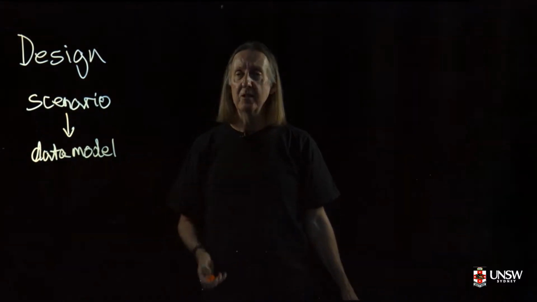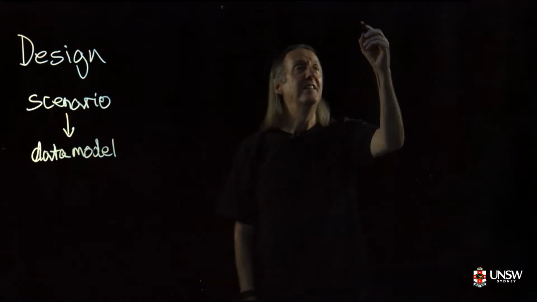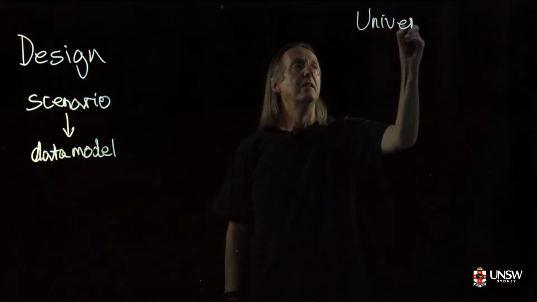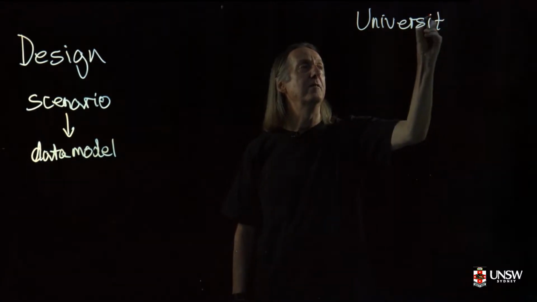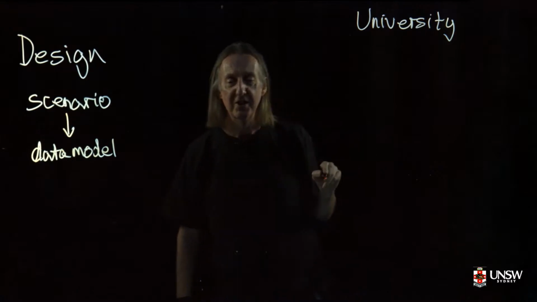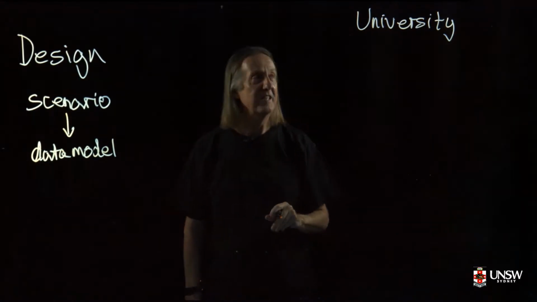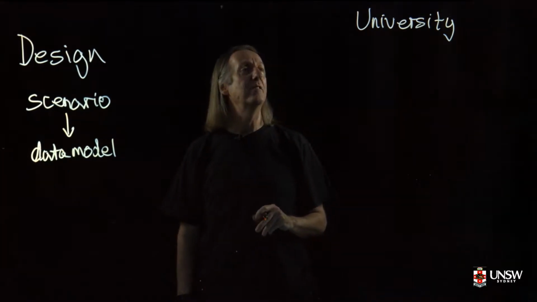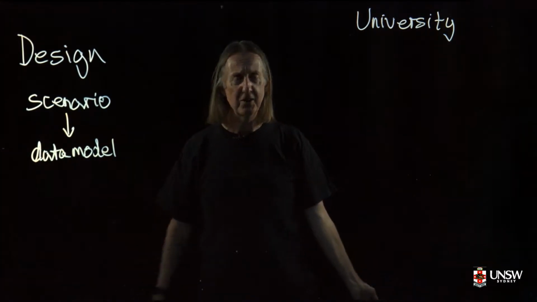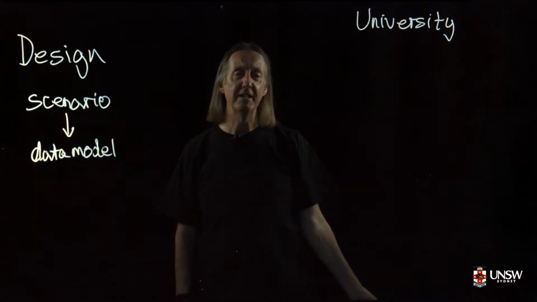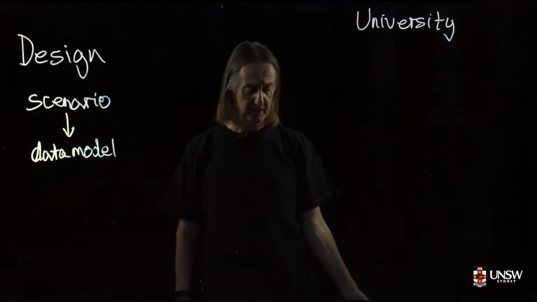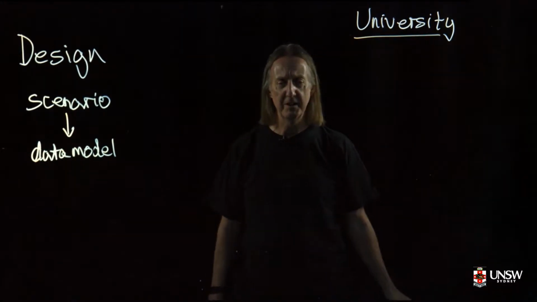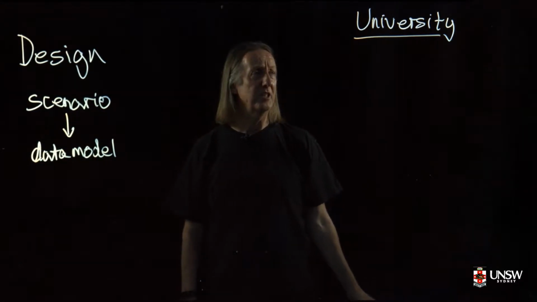So I thought I'd do a more detailed example than the pizza one that we did last time, and think about something that you probably know about, and that's university. So let's say that we hated the current university system. It didn't let us enroll properly, it took too long to give us a transcript, etc., etc. Didn't do wait lists on courses, wouldn't let us check how far we progressed through our degree. So let's say that we want to completely rebuild the UNSW student information system,